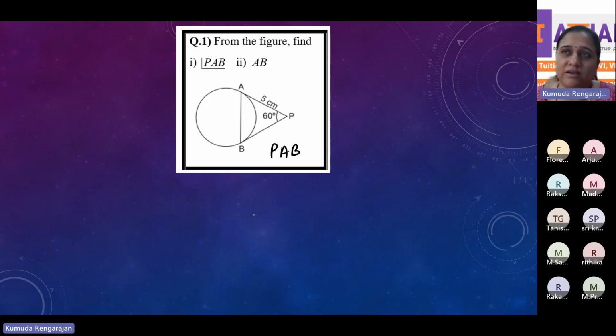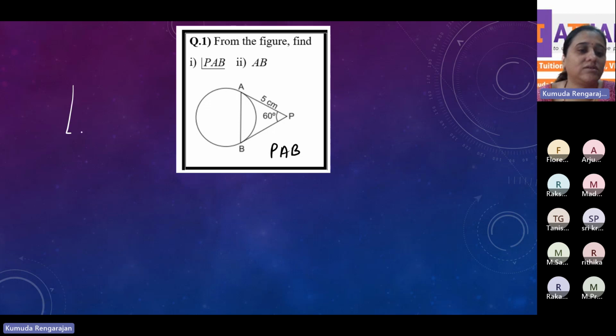Isosceles triangle is a special name given to a triangle where two sides are equal. Equilateral triangle is a special name given to a triangle where all the three sides are equal. Right triangle is a special name given to a triangle where one angle is a right angle. So you all know this. Right isosceles: when the legs are equal,